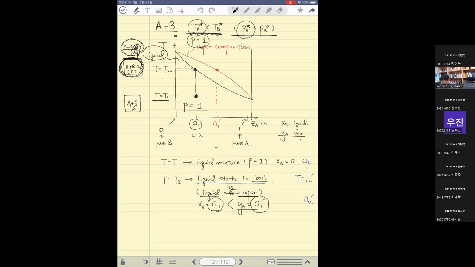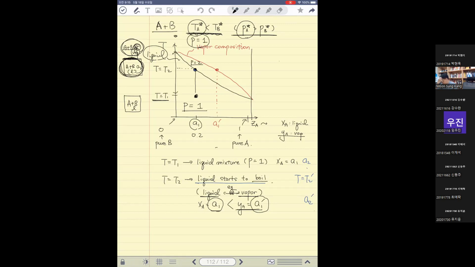But in between these two lines, P is going to be equal to 2. And that's because you have both liquid and vapor at the same time. They coexist, and they have different composition. Liquid has different composition to a vapor at this temperature range here,